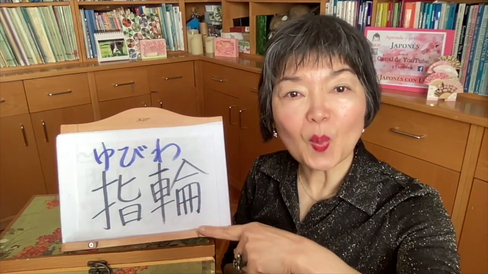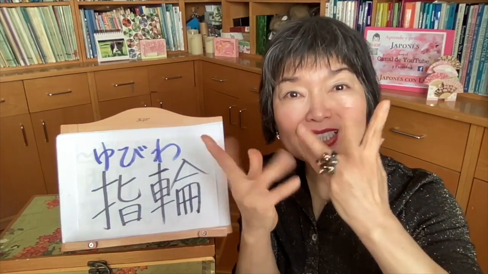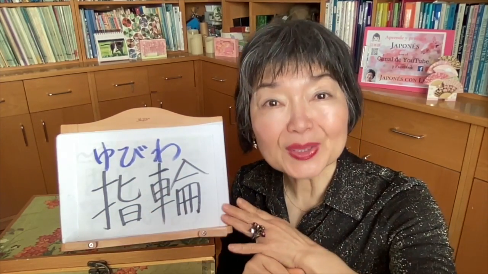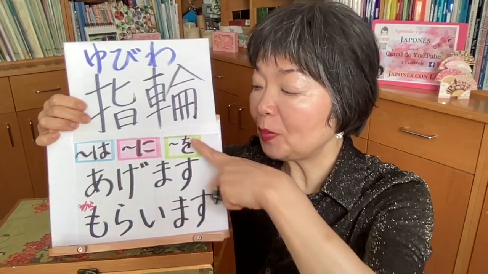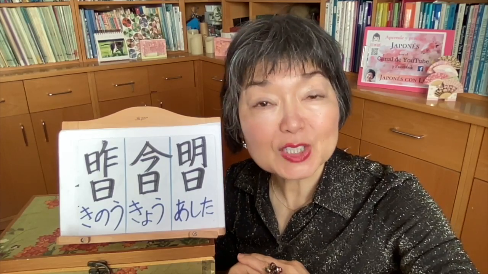林さん got a ring from Mr. Yamada. Ring, we say 指輪. 指輪, 指 means fingers, 輪 is circle. So a circle on the finger. This is 指輪. 林さんは山田さんに指輪をもらいました。